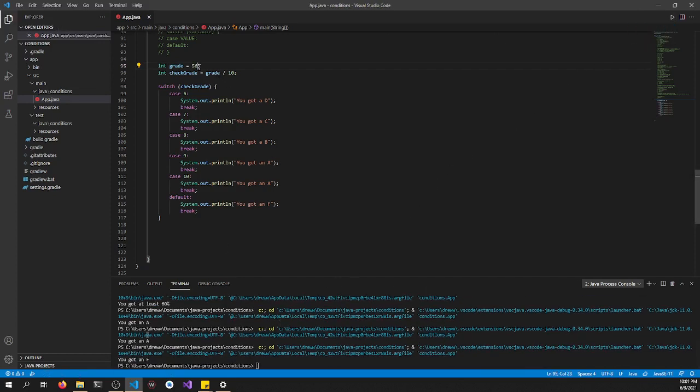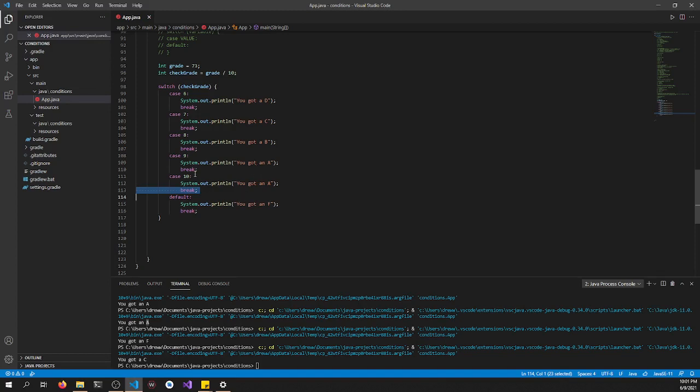And it does. And then if I run this with, let's say, a 73, it will also give me a C. And this is a good example to look at because, remember these breaks? It seems kind of weird that you should have to put these in here. Why doesn't Java just automatically know, oh, you're done with your case, you can move on to the next one? That's because you have something called fallthrough, where you can actually move from one case to